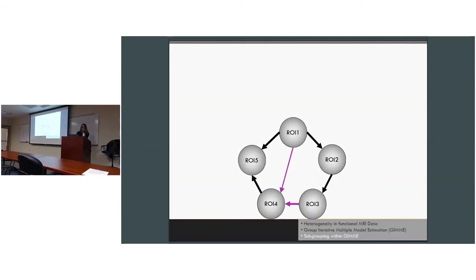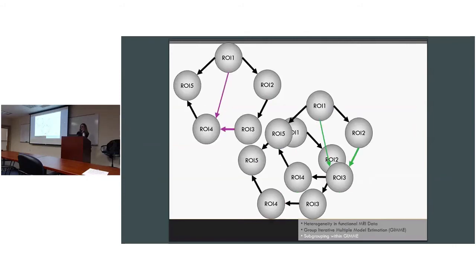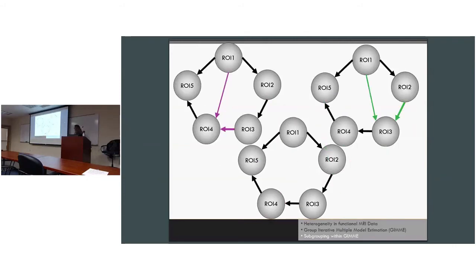So this is what it looks like in the format that I've been using without the brains, and we're trying to identify if there are systematic deviations from this group level map in the types of paths that are existing in individuals.